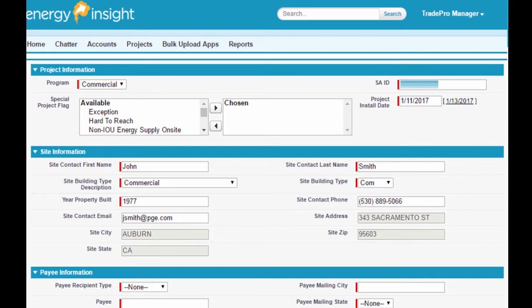down here. You then have an additional drop down based on the building type, and then you'll put in the year the property was built. Now, we're not going to reject your application if you get this wrong. However, your selection here will then determine the amount of energy savings we're able to claim for your project as a program, so please be as accurate as you can. Customer contact information, email address,